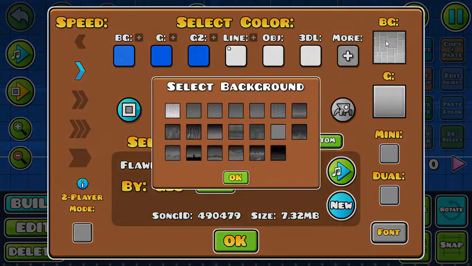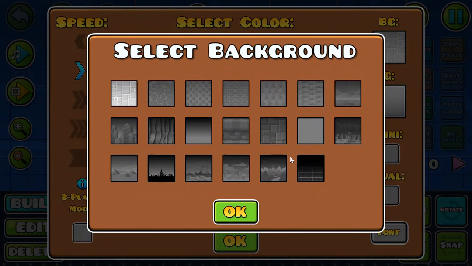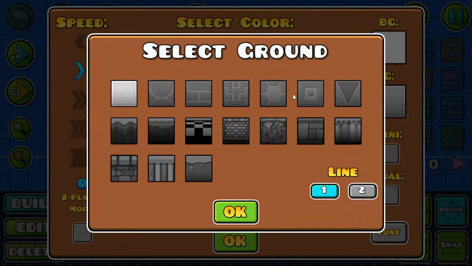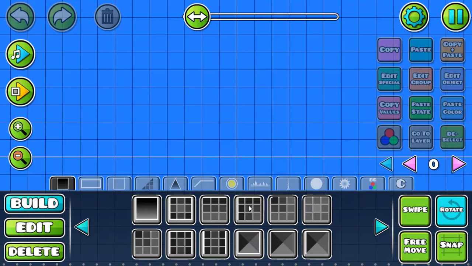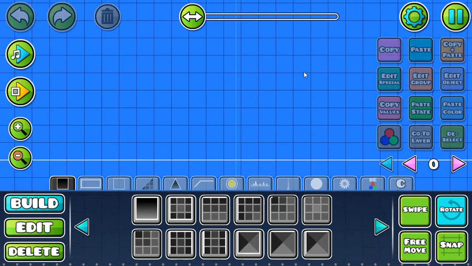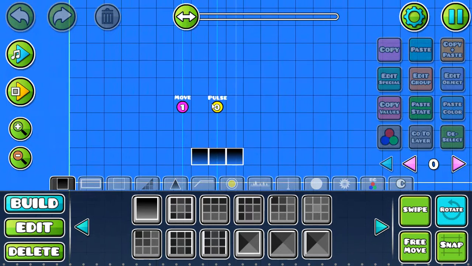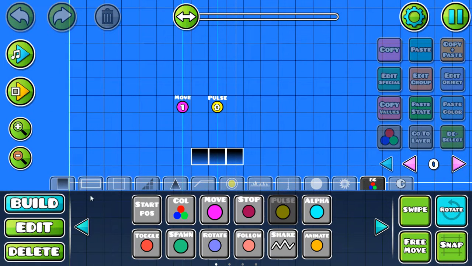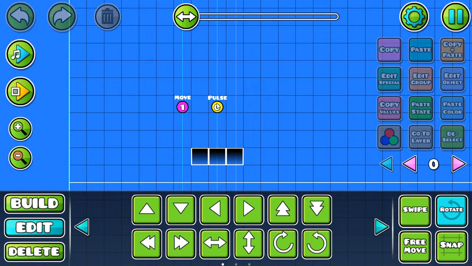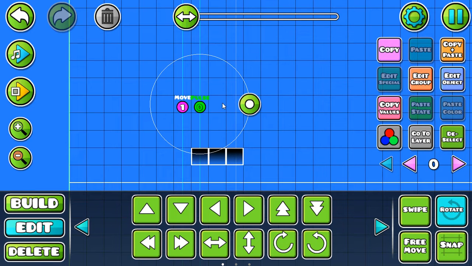So now you can change your background. I want to do, let's say, this background. There's nothing to it. And then this, let's do, this is the bottom of it. Let's do check. So now that we have that, we have our thing, and also pulse. Let's have it so when this starts moving, so like when you land on this,